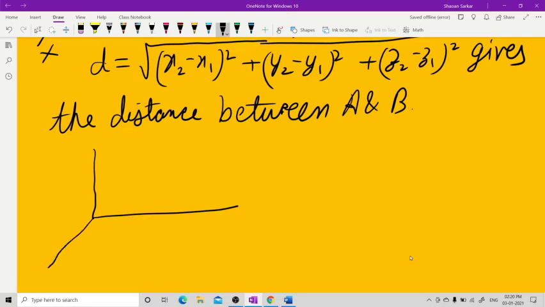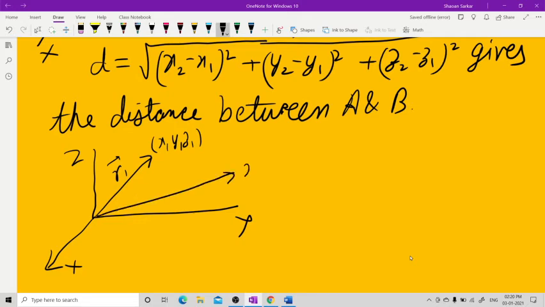Now come to the position vector problem. Now this is my situation. This was my x-axis, this was my y-axis, this was my z-axis. This was my R1 vector, and this was x1, y1, z1, and this one was x2, y2, z2. So let me write down. This is the origin. Like from your home, you find the distance using a Google map. So your home becomes the origin, the reference point, and you find the distance between different places.